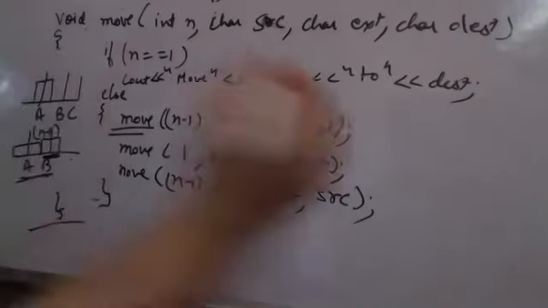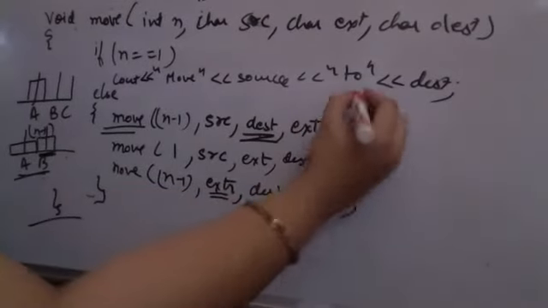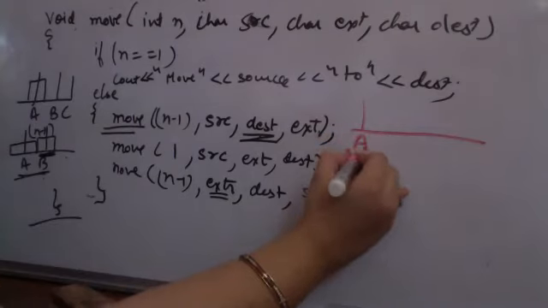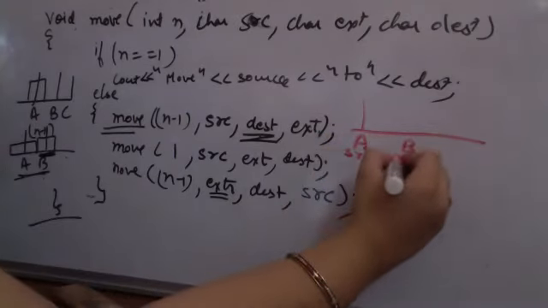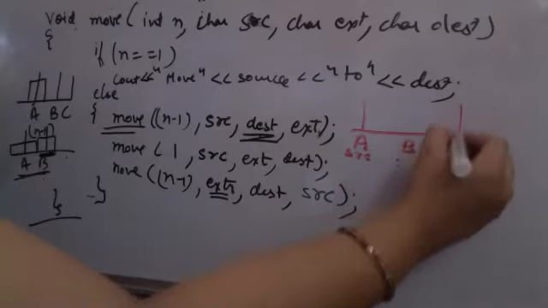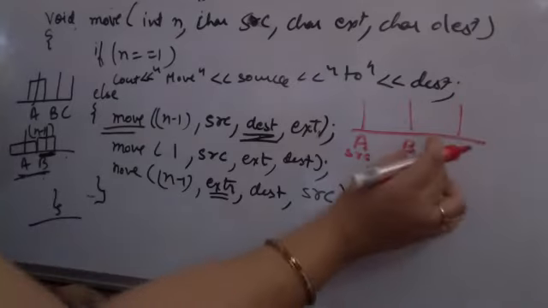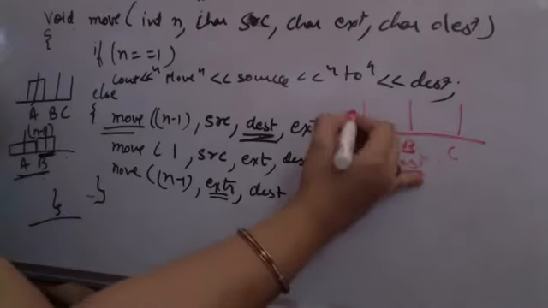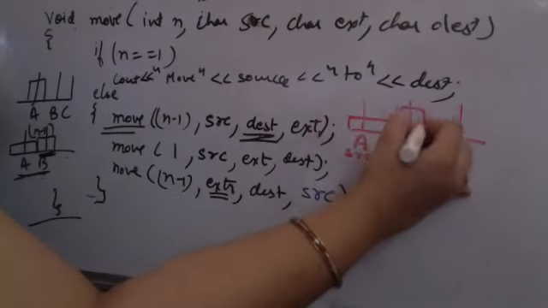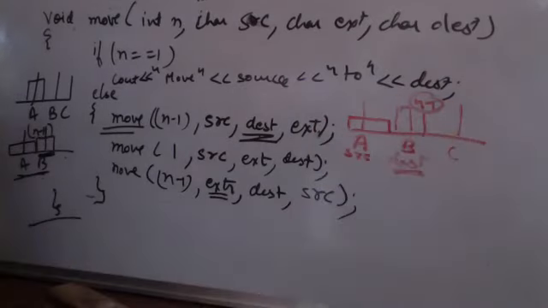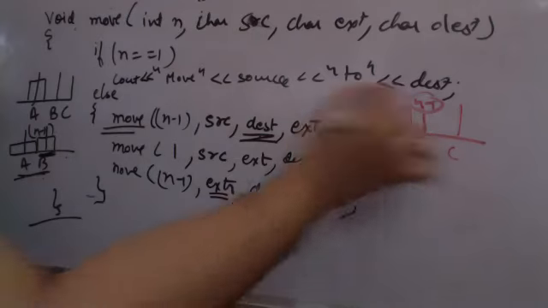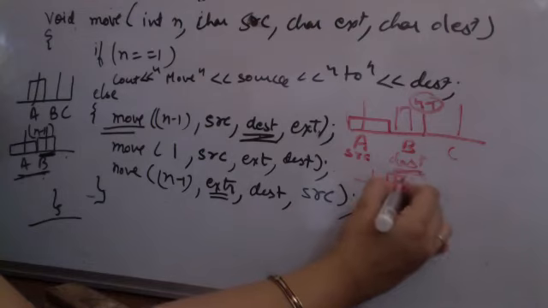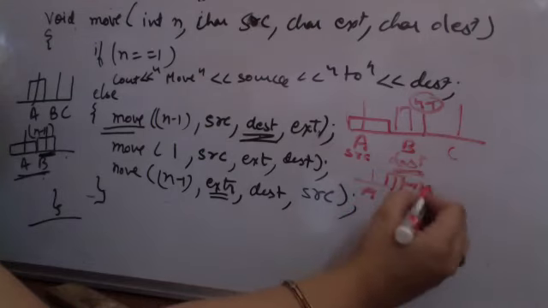First में हम क्या कर रहे हैं? In the first step, A से this is my source here, B is my destination here, and this is the C initial destination. B जो हमारा sphere था, this now becomes my destination, and I have to A पे सबसे बड़ा रह गया, B पे हमें n-1 ब्लॉक्स को शिफ्ट करना है. सेकेंड स्टेप में वो जो 1 रह गया उसे C पे शिफ्ट करना है. तो हमें क्या करना है, A से लेके अब यहाँ पे n-1 आ चुके होंगे पहली फंक्शन कॉल के बाद, C पे शिफ्ट करना है.